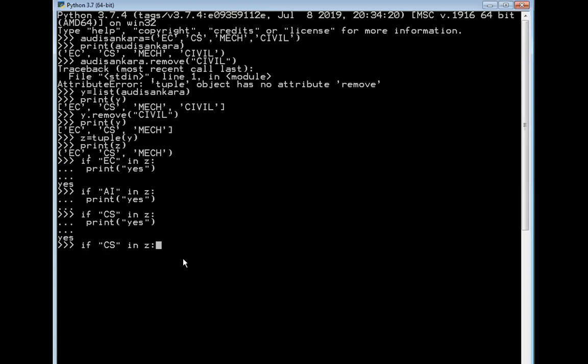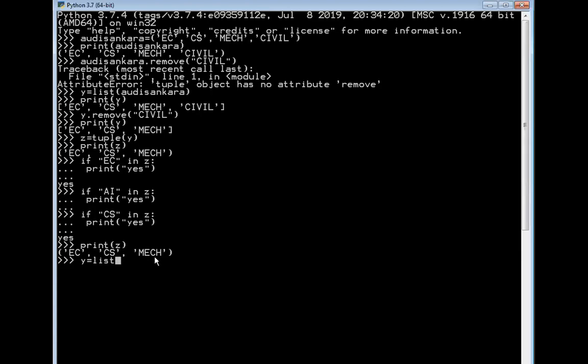First of all, you need to check what your tuple contains. I will be printing the jet here. Then you can notice here that EC branch is there, computer science branch is there, mechanical is there. So instead of mechanical, I want to do the updation. I want to change the mechanical to AI. So how can I do that? Directly I cannot update the tuples, as you all know, first I should convert it into a list here.